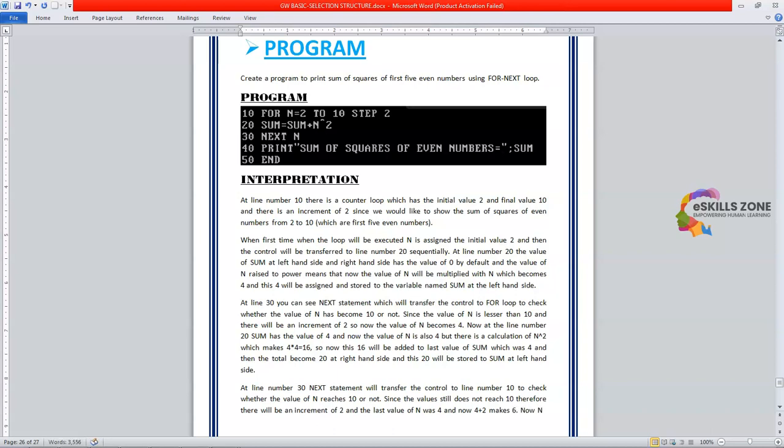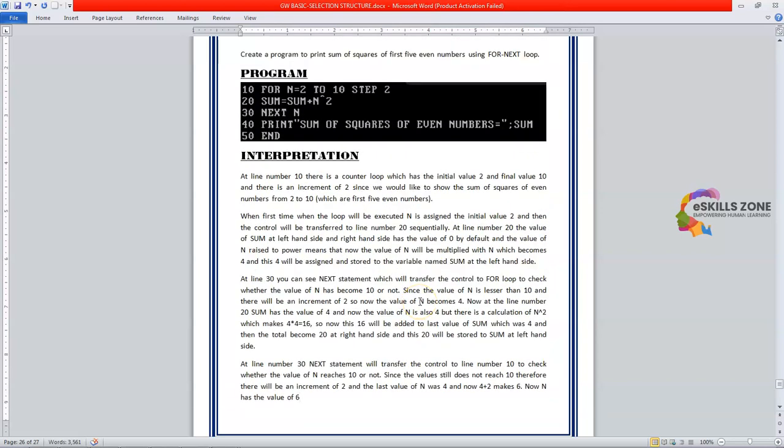Now n has the value of 6, and at line number 20, the square of n will be calculated. It means 6 raised to the power 2 equals 6 into 6